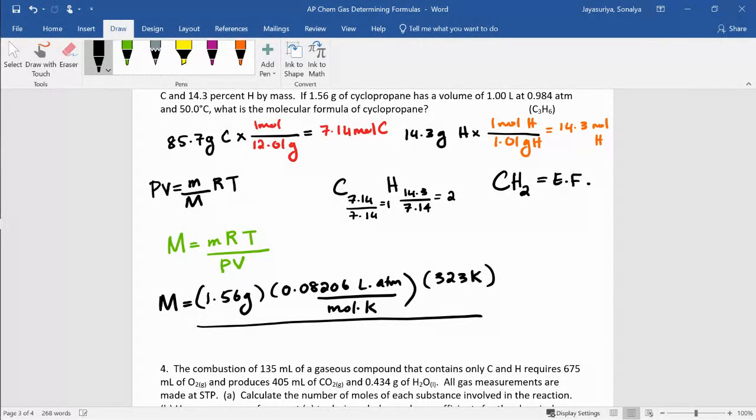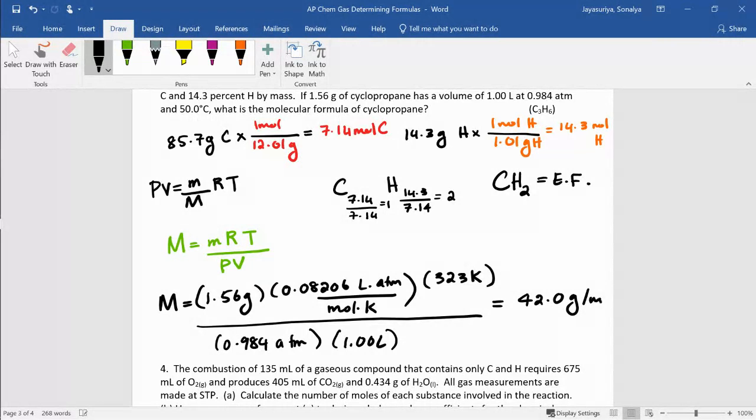The pressure is 0.984 atmospheres and the volume is 1 liter. Okay, that makes things simple. So this is just to find the molar mass. So the molar mass is going to be